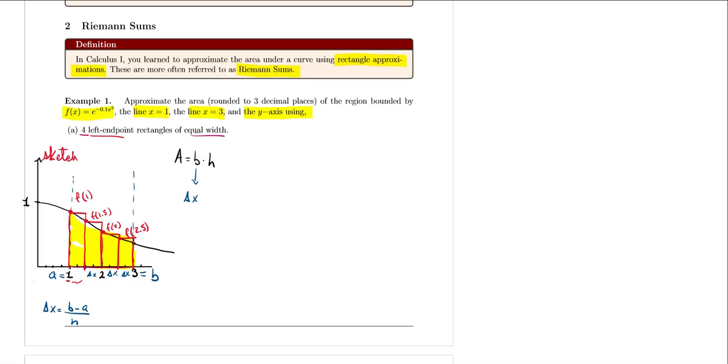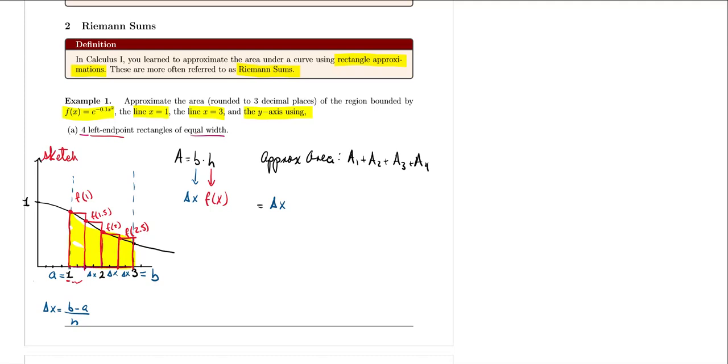All right, so as you can see here, the height was given by the function value evaluated at different x values. In order to approximate the area, we need to figure out what the area of each individual rectangle is, and then we can add them up. So the approximate area is going to be area 1 plus area 2 plus area 3 plus area 4. Now, putting this in terms of delta x's and the function values, we're going to have here a delta x